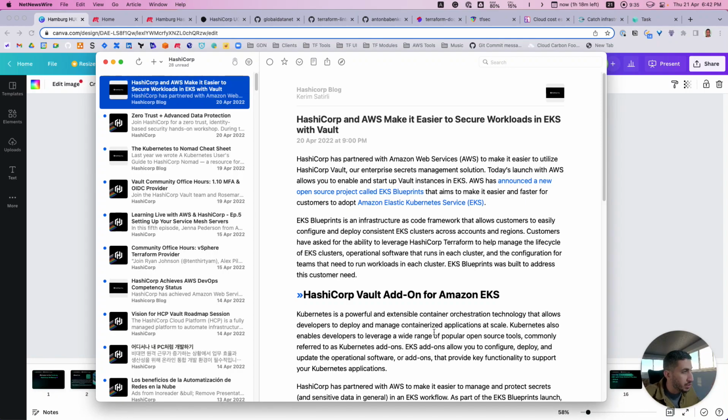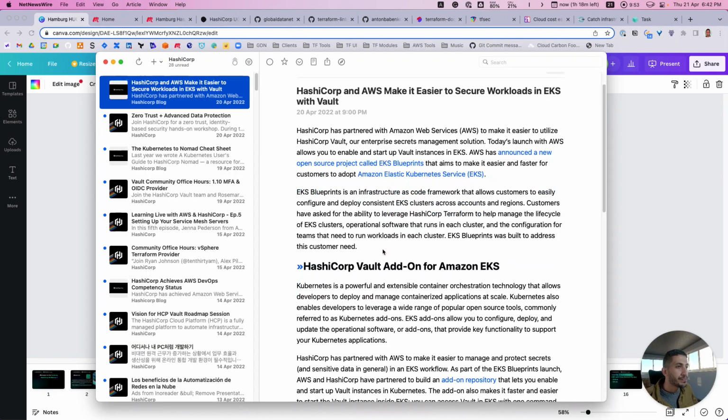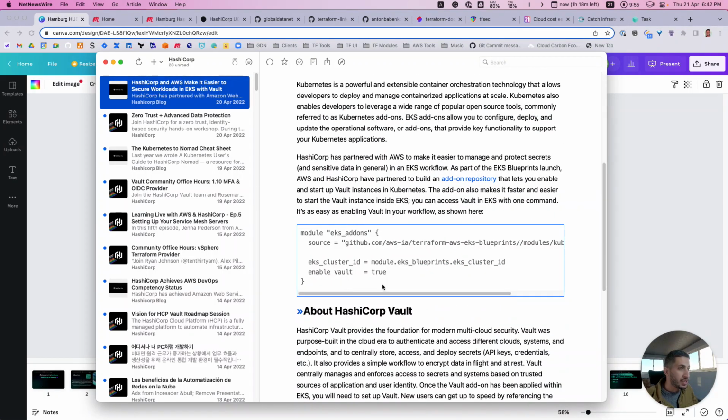So let's say you are using AKS for application orchestration. Before doing that on the infrastructure level, when you deploy your VPC and AKS on the same level, you can also deploy Vault as part of the infrastructure for your application to be installed. That's something cool actually, and it's already supported by Terraform.